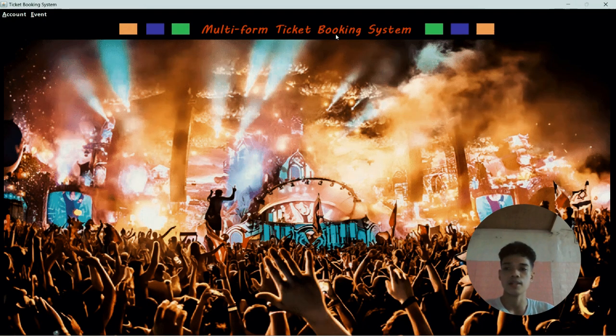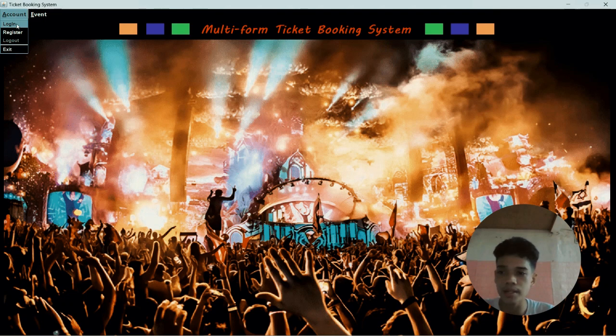And we have the title, Multi-Form Ticket Booking System. As you can see on the top, we have the account menu and event menu. Inside the account menu, we have the items login, register, logout, and exit. And the logout is disabled at this time because we need to log in first before we can log out.